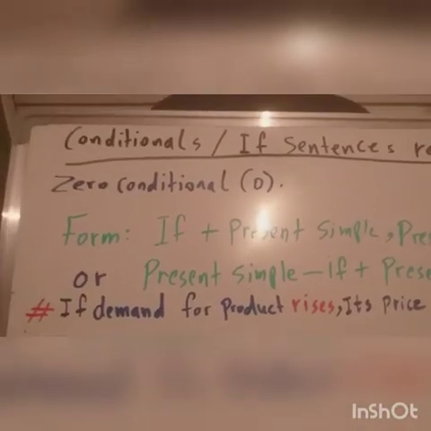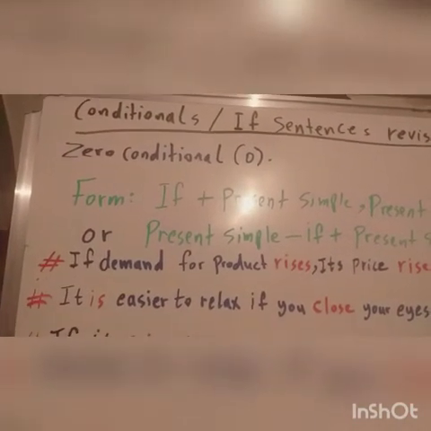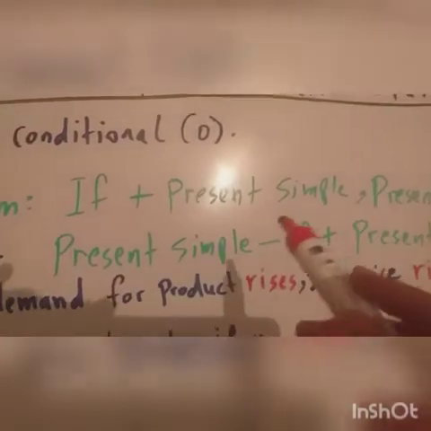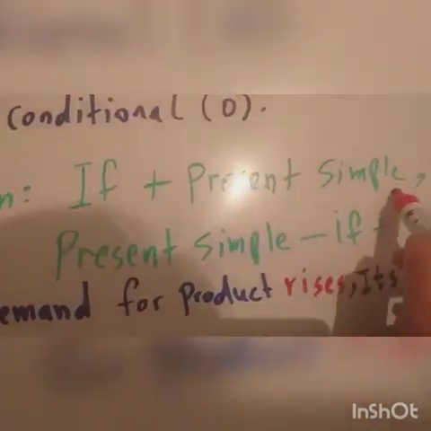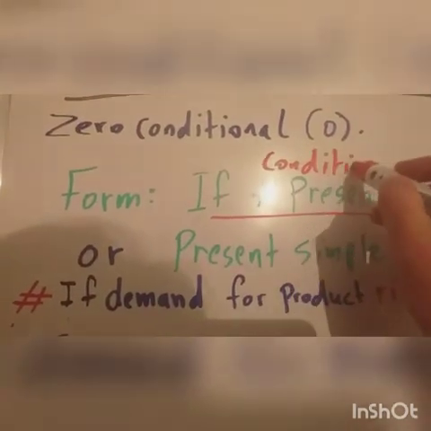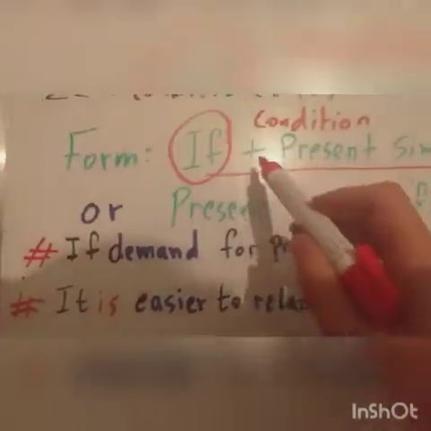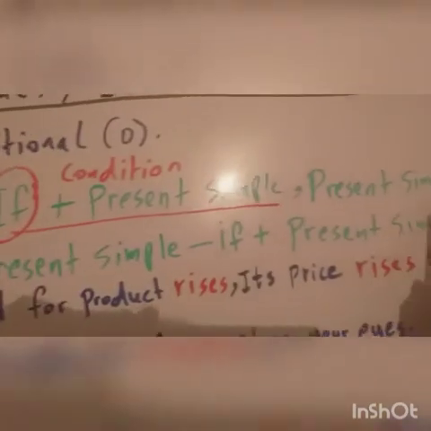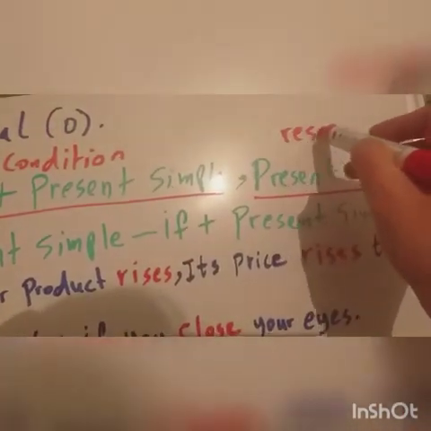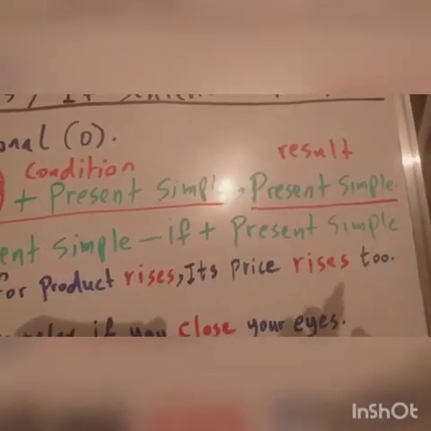We use present simple in the if clause and the present simple again in the consequence clause. This is the condition clause, where we use if plus present simple. And this is the result clause